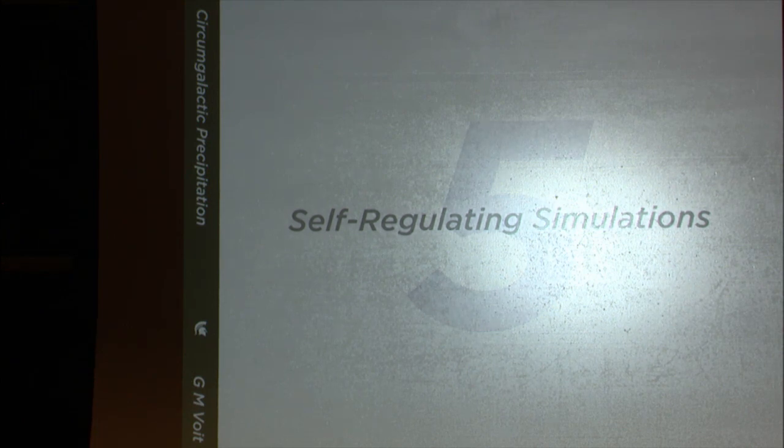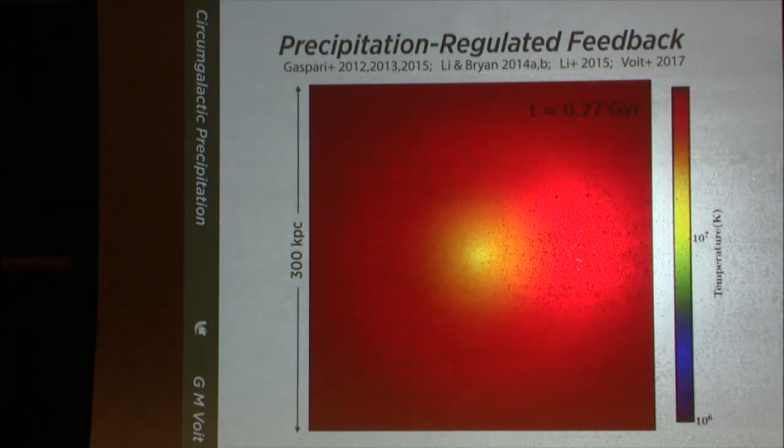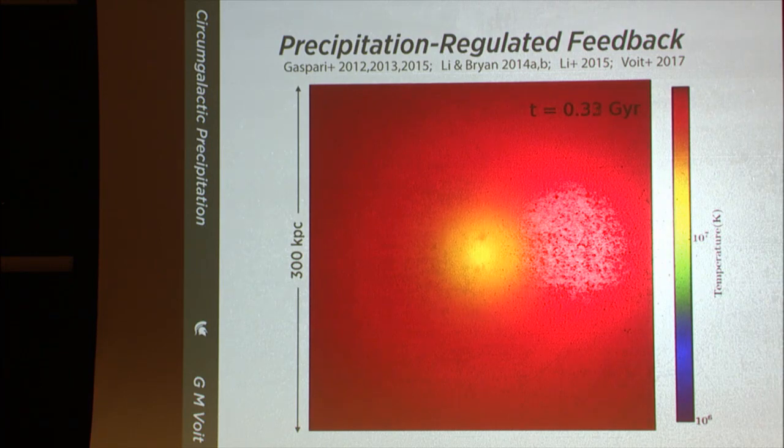Now, how does this work in simulations? Max has a lot of great papers on this. This is one of my favorite diagrams. I don't know if it's his. But this is the figure that convinced me that simulations could be convincingly self-regulating without fine-tuning. This is a simulation where there was bipolar kinetic feedback that was fueled by condensation. And it started at a lowish cooling time to free fall time ratio, and it clearly finds a self-regulated state. To show a movie of that, here's one from Yuan Li, where now you're seeing